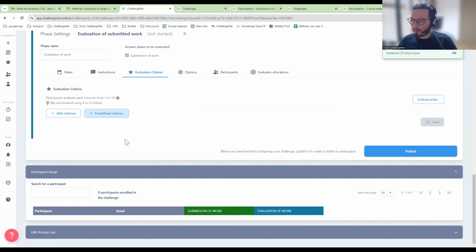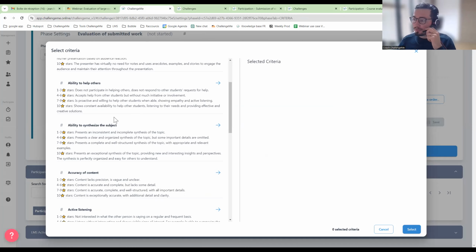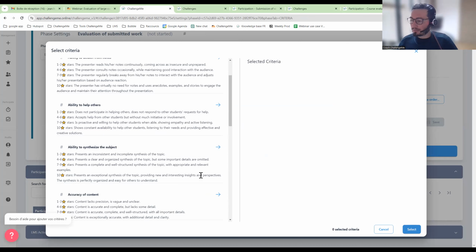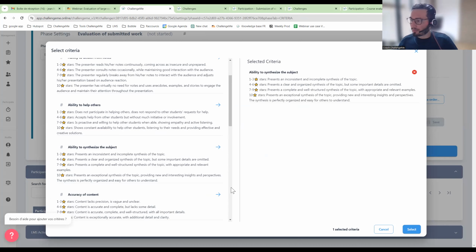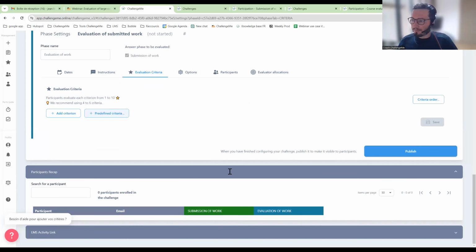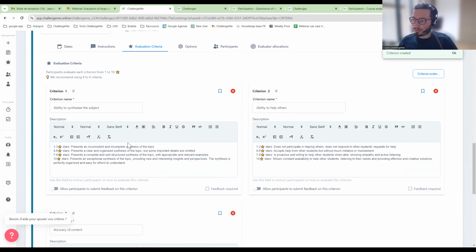Okay, so I click on predefined criteria, and you will see the list of these criteria just here. So you can pick criteria from our ChallengeMe database. There's one, for example. I have chosen three, but I can also create my own criterion.